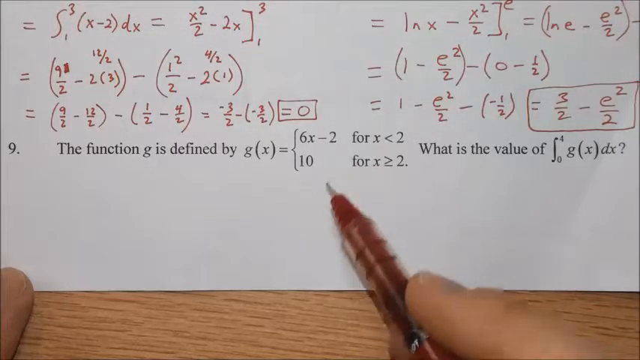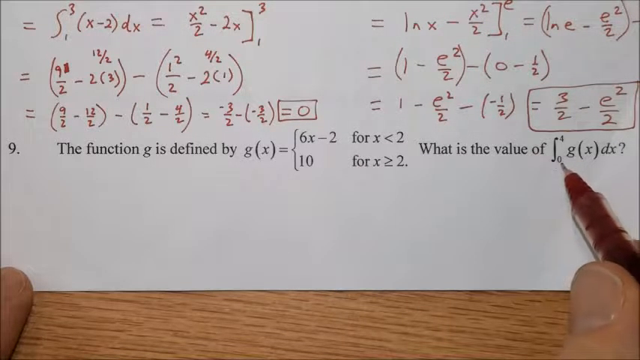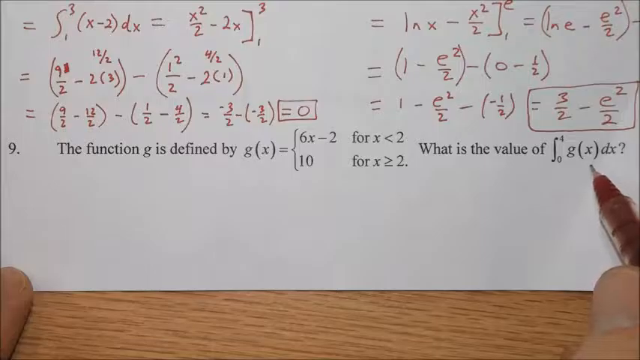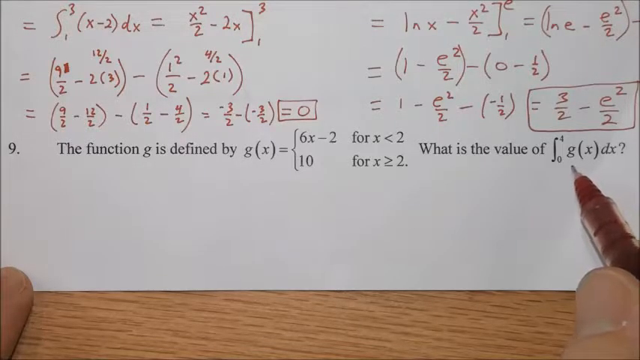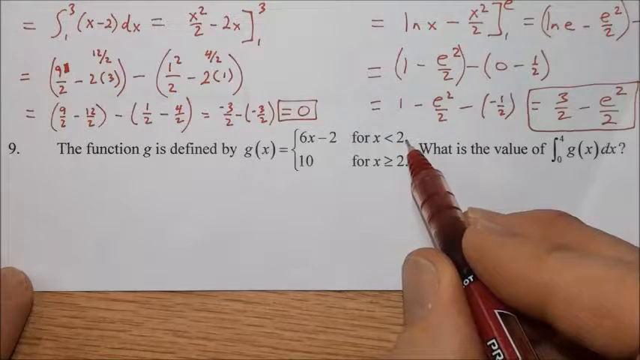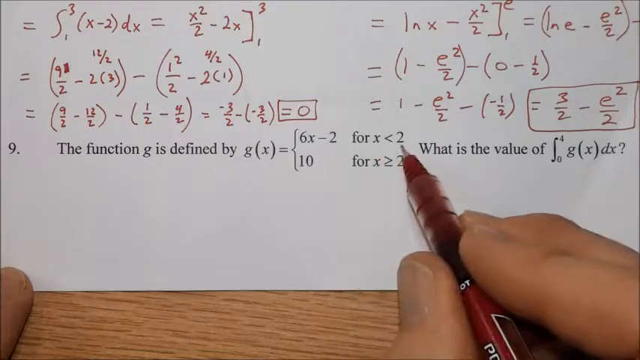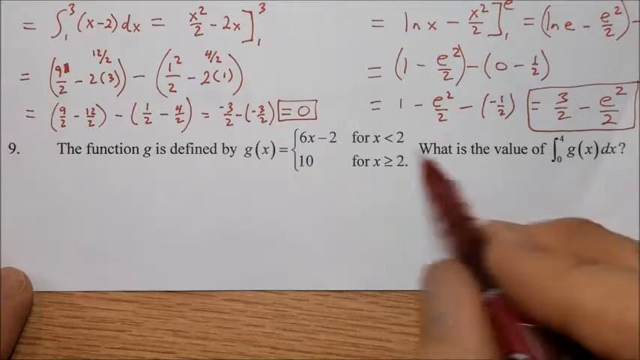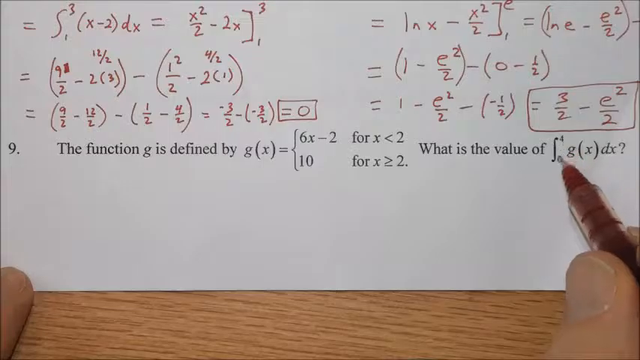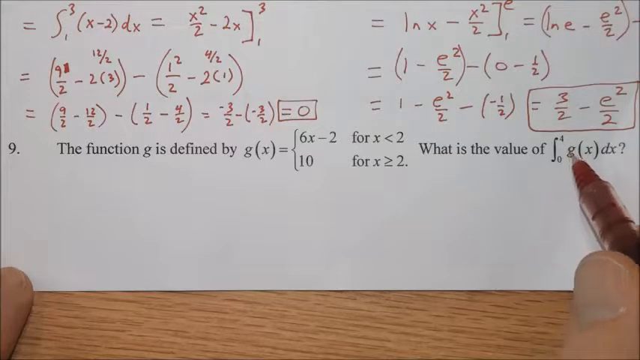Okay, number 9, we see a piecewise defined function. We have to evaluate this from 0 to 4. In order to get this done, we have to look at where our condition causes the functions to change, which is when x is equal to 2. 2 is right in the middle of our interval from 0 to 4, so we're going to need to break